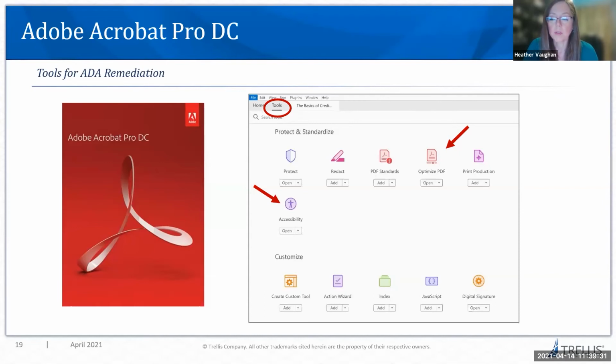The way you set up your source document in Word or PowerPoint or InDesign can make all the difference in your remediation time. As the saying goes, garbage in, garbage out. But even if you have your file set up properly, there are some things like tables that will take a lot of time because you have to manually identify column headers and row headers. So if your PDF has a lot of issues, I highly recommend you go back to the source file and clean things up there. This is going to save you a lot of time and frustration.